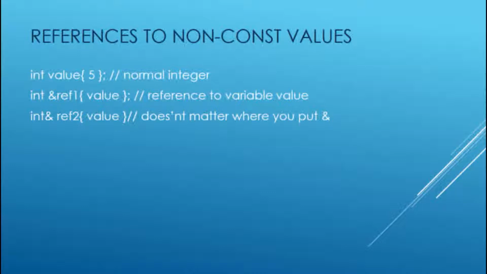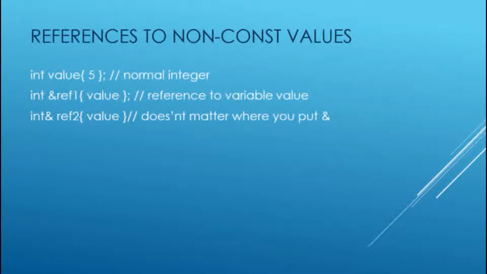Let me give you an overview of what is L value and R value. In C++, variables are of a type of L value. And an L value is a value which has an address in memory. So all variables have addresses and hence they are L values. The name L value came about because L values are the only values that can be on the left side of an assignment statement. When we do an assignment, the left hand side of the assignment operator must be an L value.